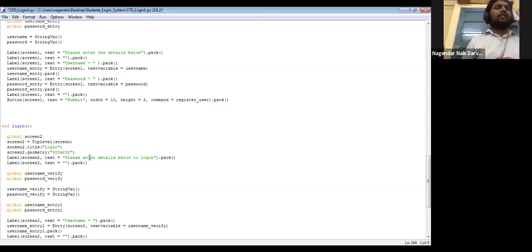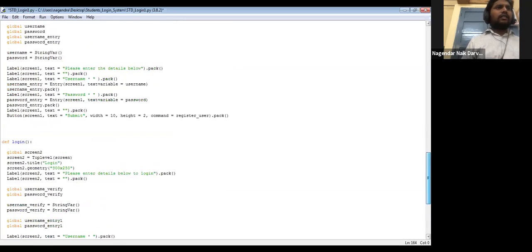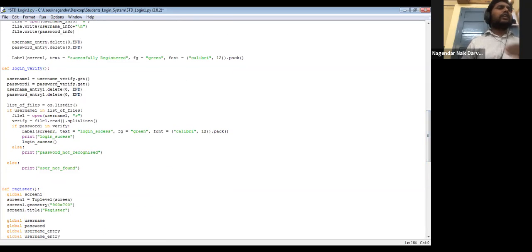That is the difference between screen title and screen text. You might be confused, sir, the title is already defined, then why do we need a label? Because the title shows on the border at the top left, and text shows somewhere on the screen, not on the border, right? So now login, and once login is done, login verify also needs to be done.